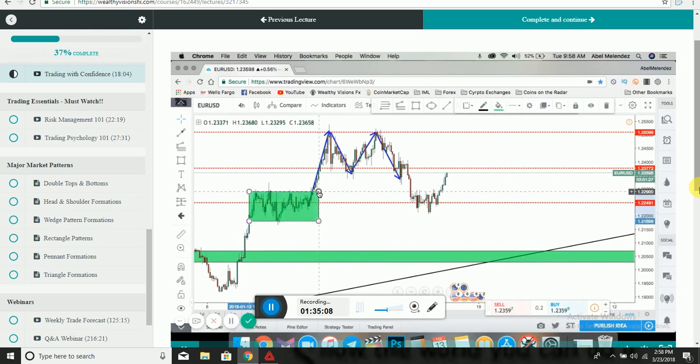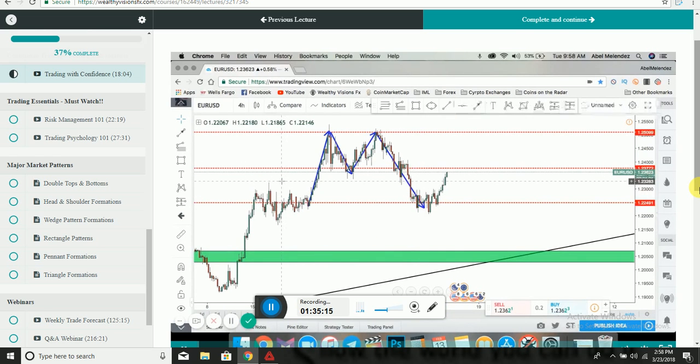So we have this move down, and look at this strong push down. So what's going to happen after this strong push down, after we get out of this consolidation zone? It's pushing up right now as we speak. What do you think is going to happen? This is the move. This is the pullback. Why? Because this indicated that we are in a downtrend now with this break right here. So at the minimum,